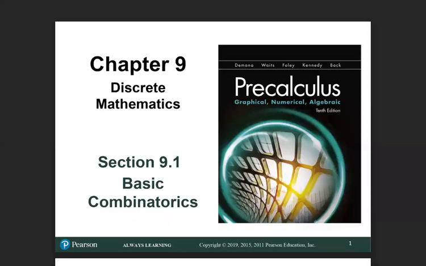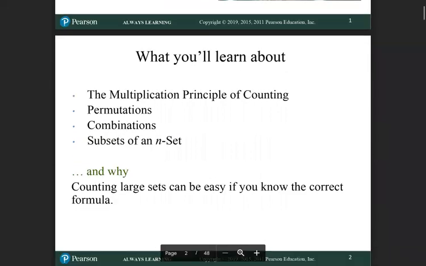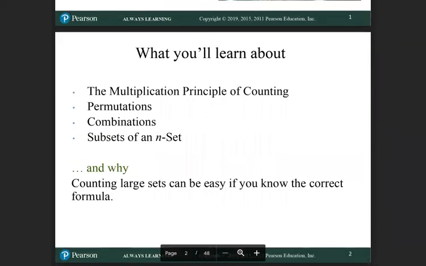Welcome to the Chapter 9, Part 1 video, where we're going to be talking about combinatorics. This is following up from our introduction in class. So what we're going to learn about: the multiplication principle of counting, permutations and combinations, and then I've decided to save